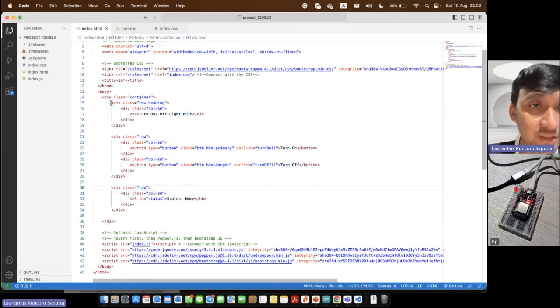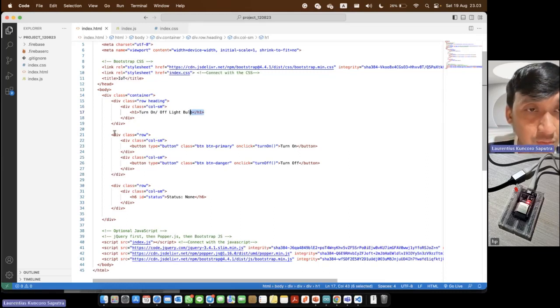For this one, I have a class. There is a container here, and I make a row with one column here, and put a heading 1 for the text turn on or turn off light bulb.